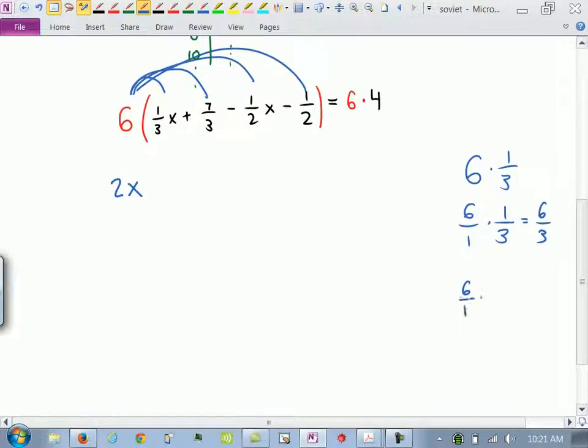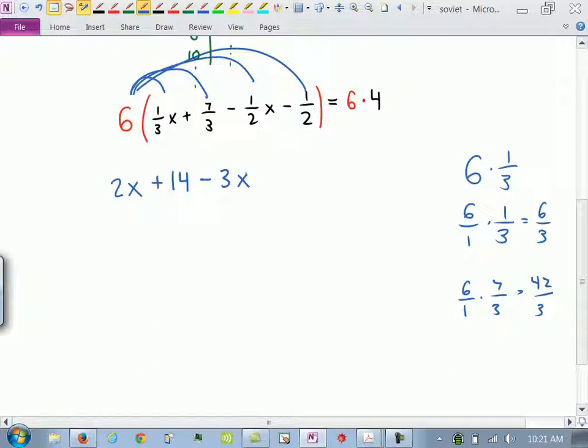6 over 1 times 7 over 3 is 42 over 3, which is what? 14. Plus or minus? Plus 14. What's 6 times negative 1/2 x? So what's half of 6? 3, but negative, right? So negative 3x,